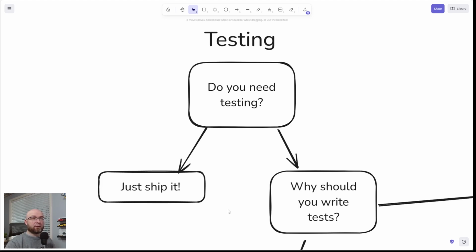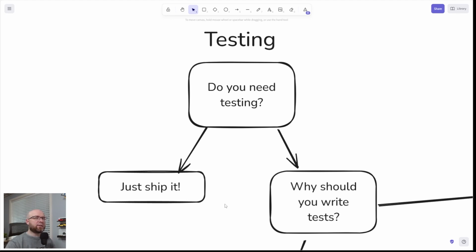Now, if your app grows and suddenly you have multiple logic branches and your application becomes more complicated, then definitely you're going to want to write some tests, at least to cover the basics.